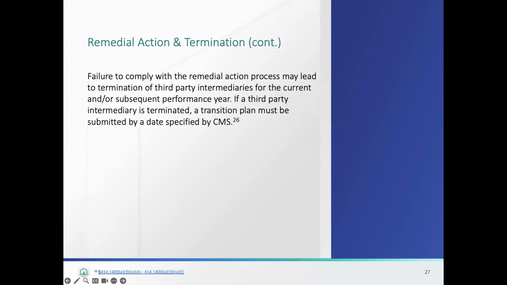Failure to comply with the remedial action process may lead to termination of third-party intermediaries for the current and/or subsequent performance year. If a third-party intermediary is terminated, a transition plan must be submitted by a date specified by CMS. The transition plan must address the following unless different or additional information is specified by CMS. State the issues that contributed to the withdrawal mid-performance period or discontinuation of services mid-performance period. State the number of clinicians, groups, virtual groups, subgroups, or APM entities, including Shared Savings Program ACOs, inclusive of MIPS eligible,